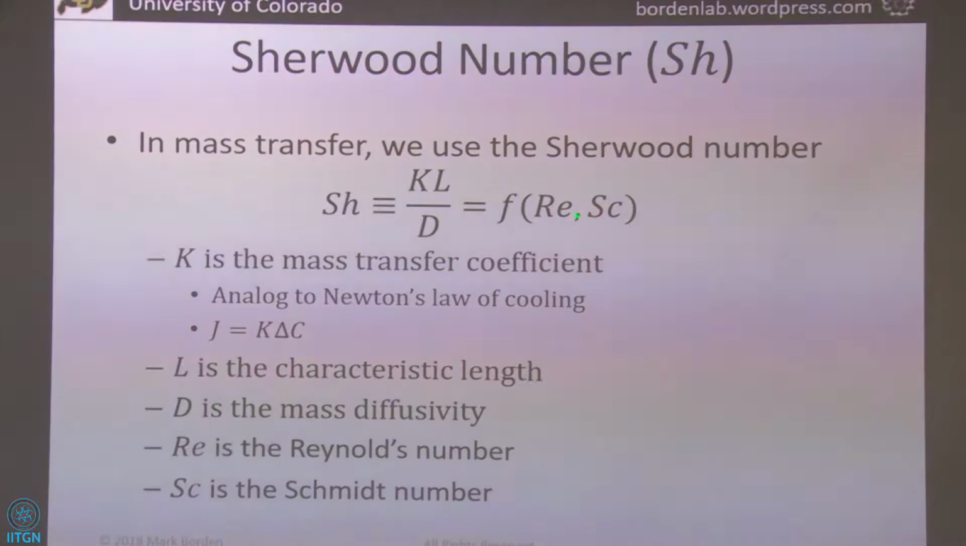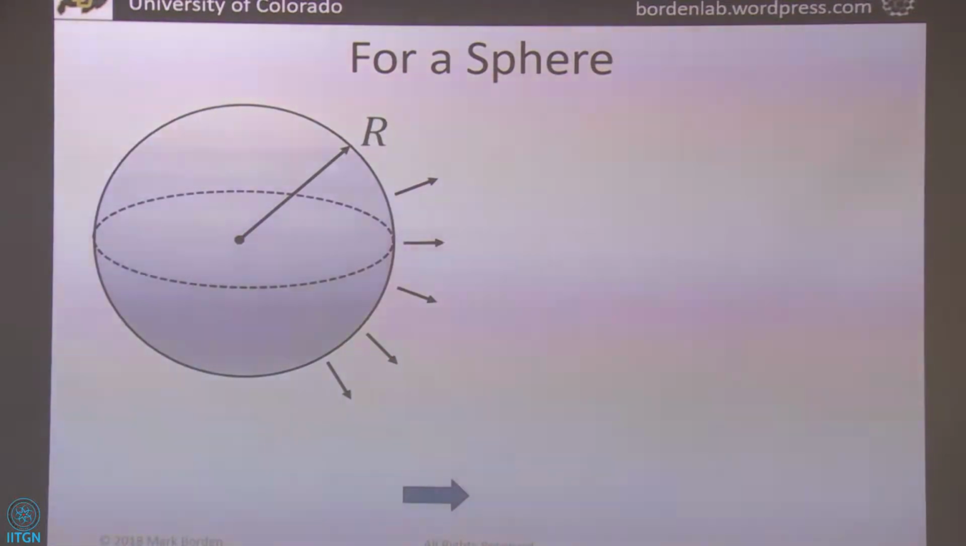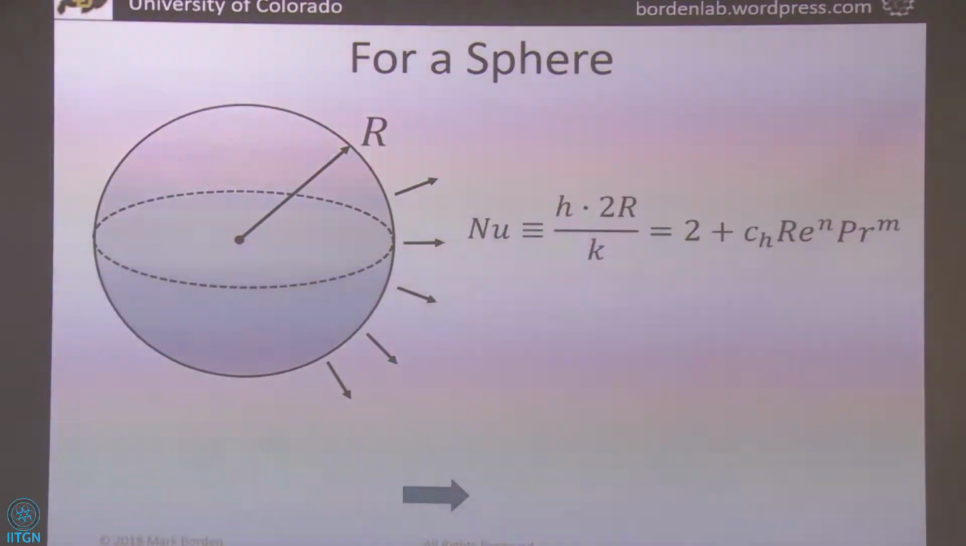The Reynolds number and the Schmidt number are going to be for the case where we have fluid flow. So k is the mass transfer coefficient. It's an analogy to Newton's law of cooling for mass transfer. This is often called Fick's law. The flux is proportional to the concentration difference. L is some characteristic length, D is mass diffusivity, then the Reynolds number and the Schmidt number. Okay, so for a sphere, the Nusselt number